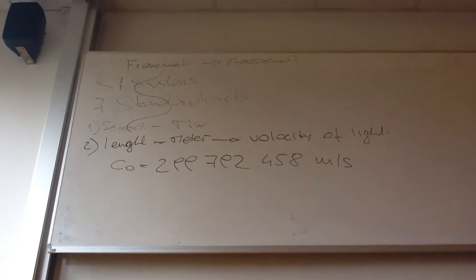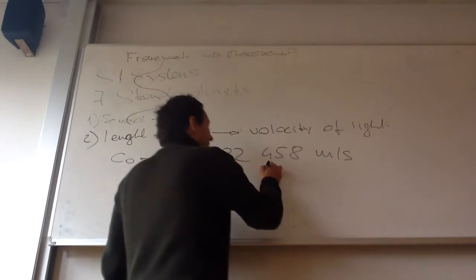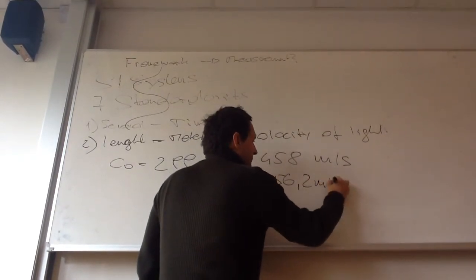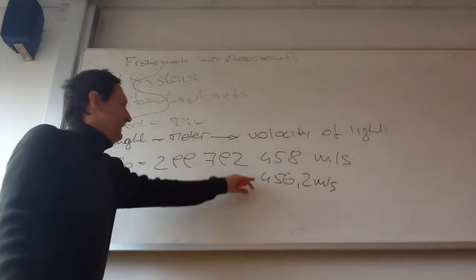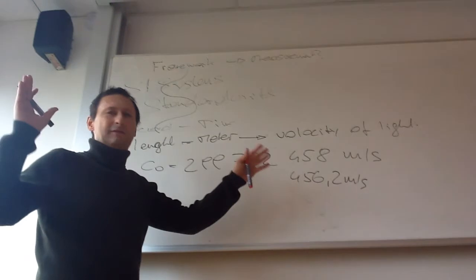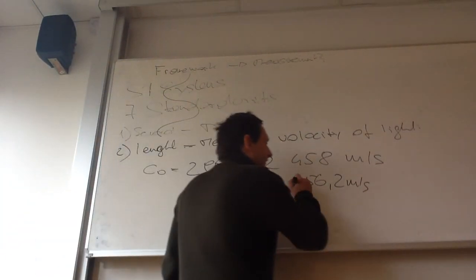So if you look in old physics books, there you got the number 456.2 meters per second. That dates back to that time when the meter was defined by this metal rod. But nowadays this definition is no longer valid, and